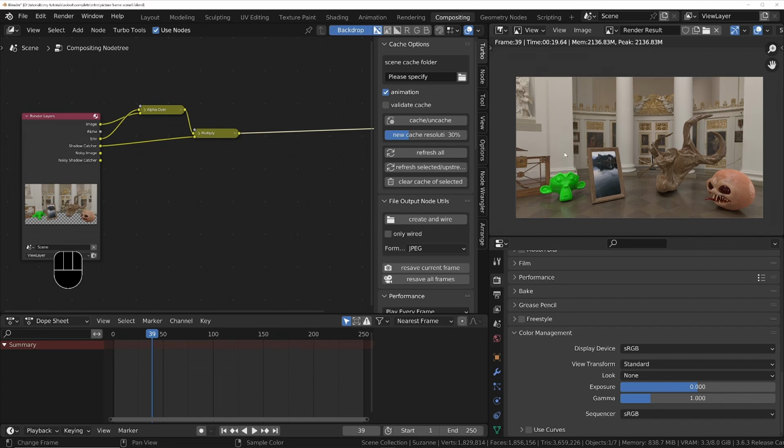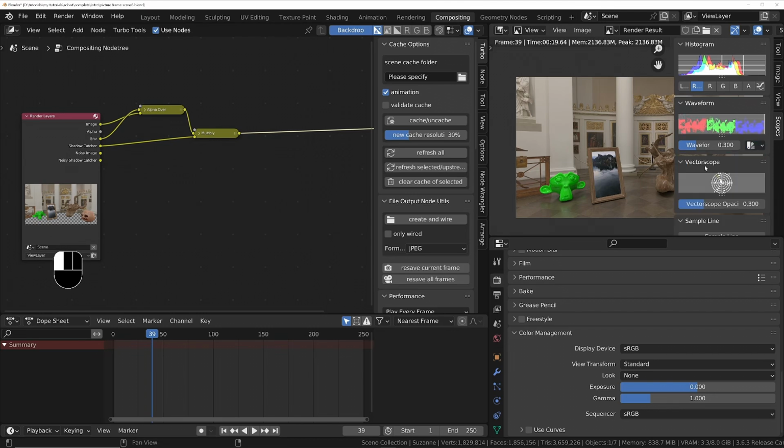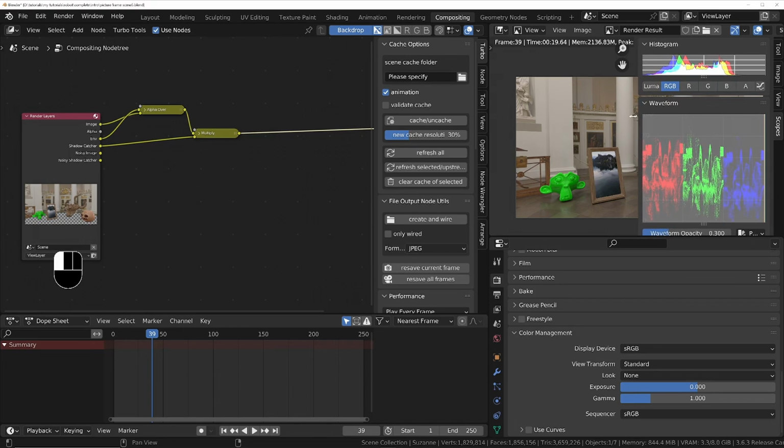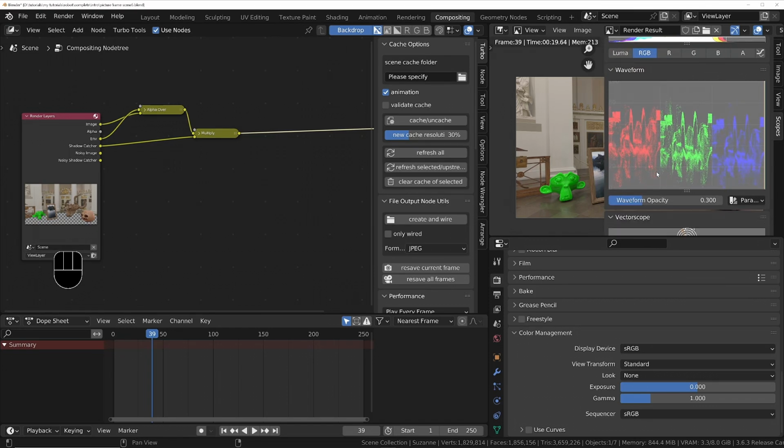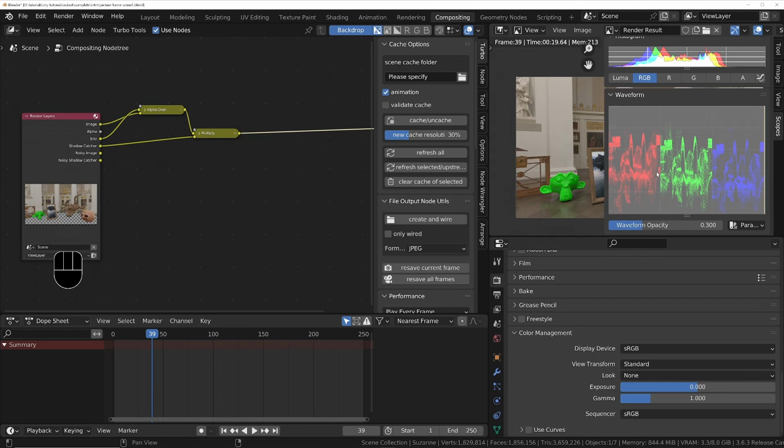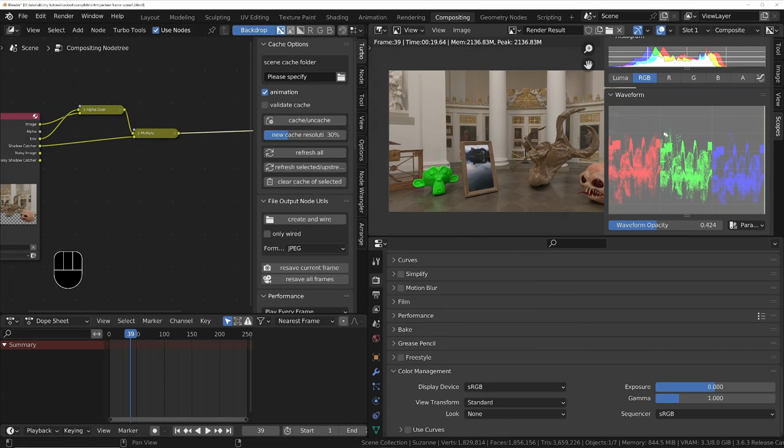So firstly, we'll press N to bring up the image editor's scopes option and change this to parade. And we'll come down a bit. And the aim is, because we're going to create a JPEG or something that's going to be displayed on a device that isn't high dynamic range, we want all the pixel data to fall within a range of 0 to 100. So 0 at the bottom and then 100 at the top. At the moment, we can see that we've only got pixels very sort of around about the 80 mark,